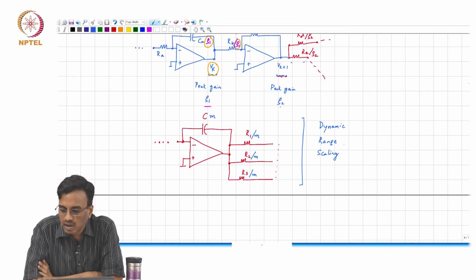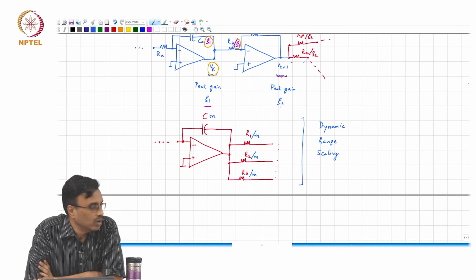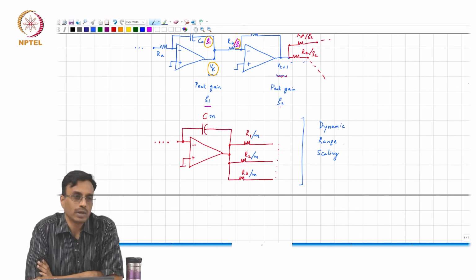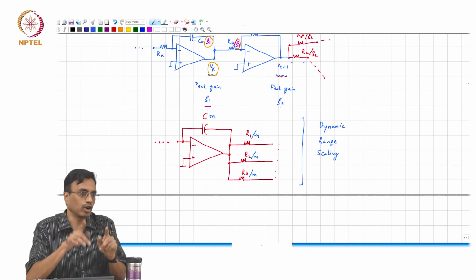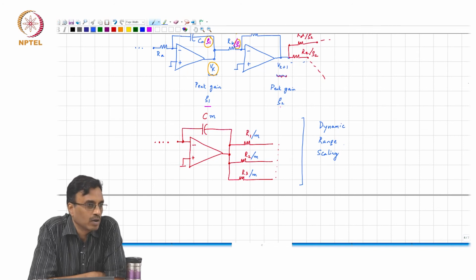Now, the question nobody asked me was, why should the peak gain be 1? What if it is 0.5? All the peak gains are the same, so no one particular op amp is messing you up. What if the peak gains are only say 0.25 or 0.1 or 0.01? Pardon? Yeah, well,